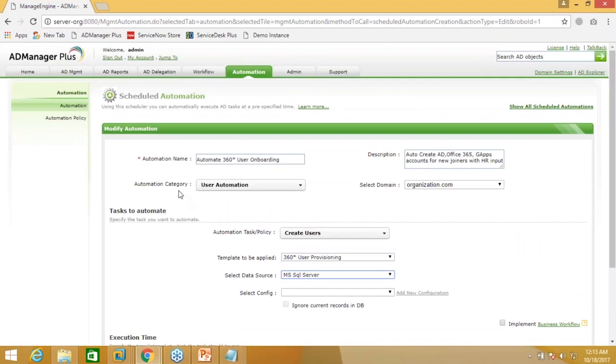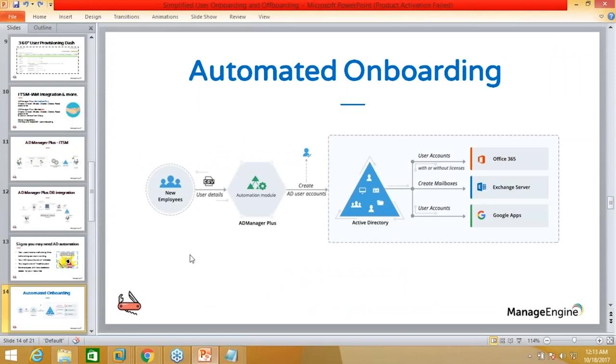All right. So there are other things that can be automated as well. What more can be automated? So we just saw how a CSV file the HR had to fill out. Simple. The product goes on to fetch details of the user from the CSV file and creates accounts for the user across platforms because templates are applied. The ones that I was discussing about, Office 365, Exchange, Google Apps, all of that are listed. So simplified user onboarding, or automated user onboarding, through